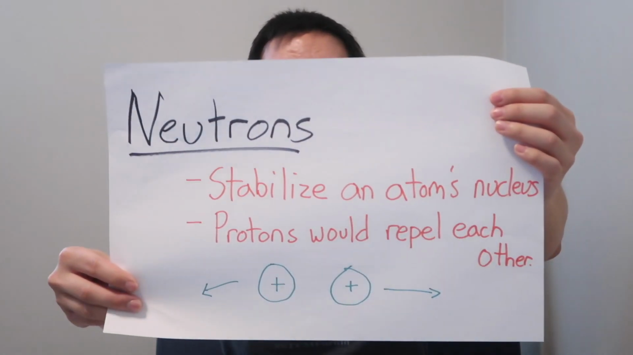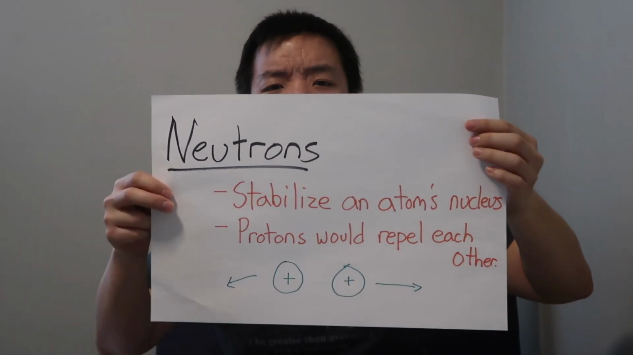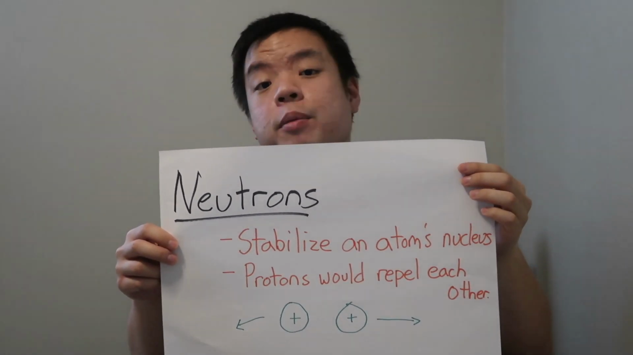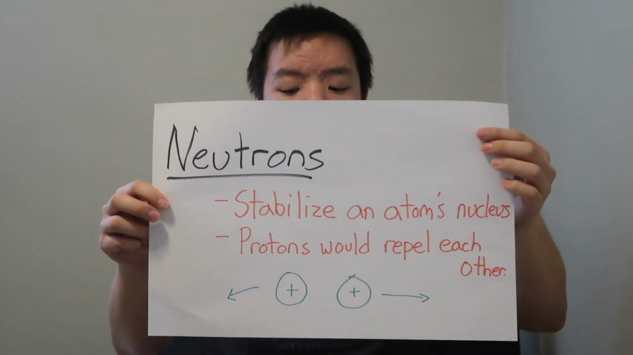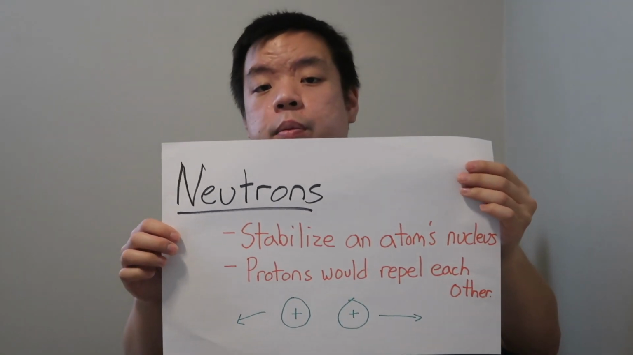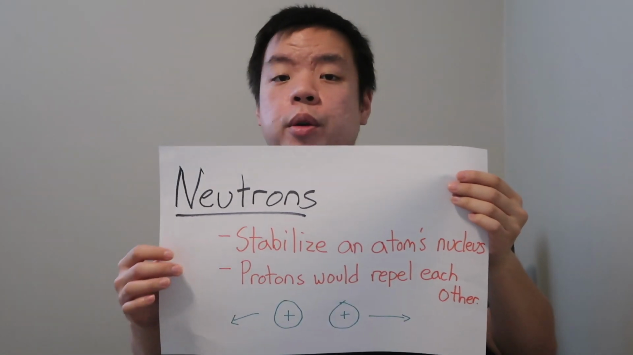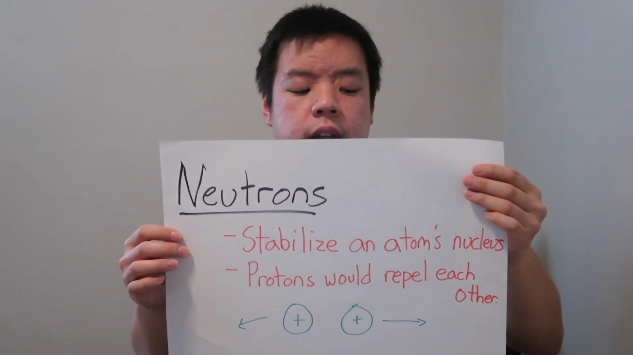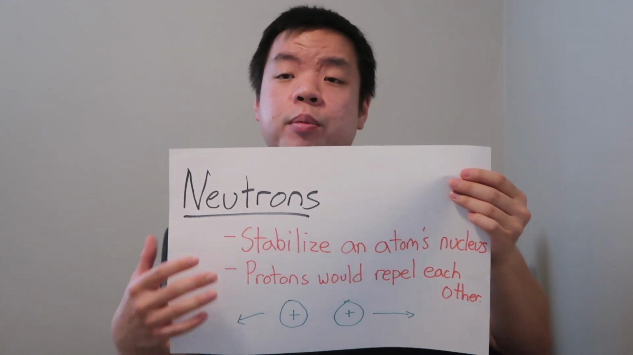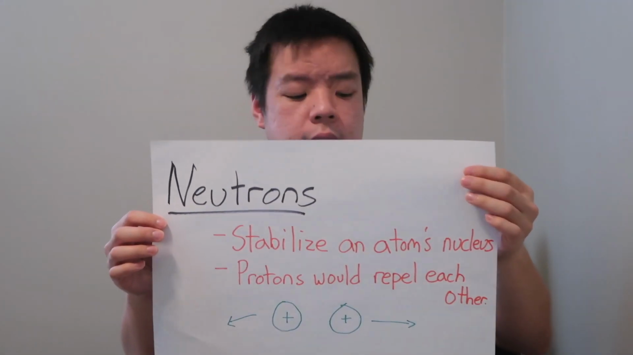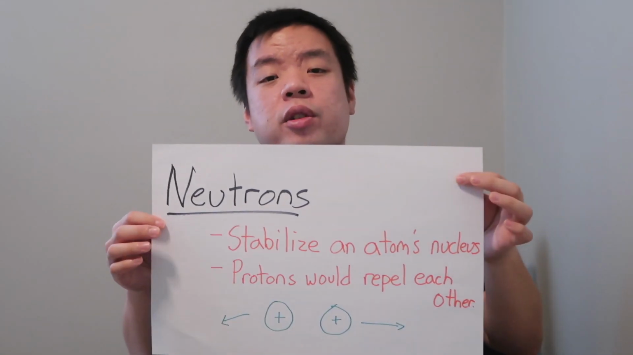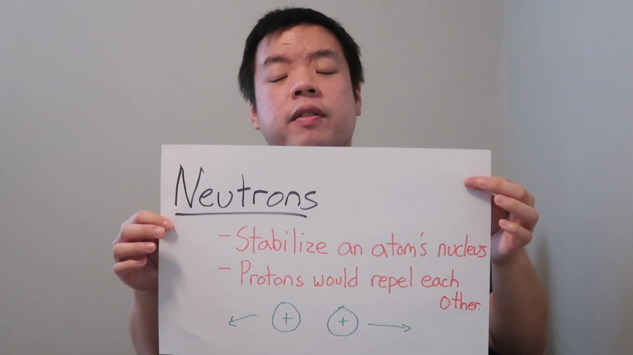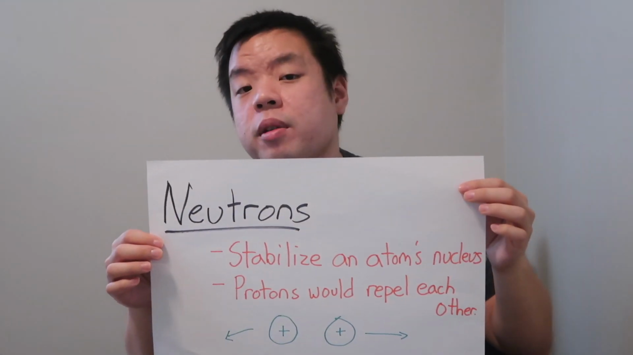Now, the next particle is the neutron. The neutron's an interesting particle. What it does is it provides stability to an atom's structure, especially its nucleus. Because neutrons don't have a charge, they actually stabilize the nucleus, because protons with their positive charges will repel each other. Like charges repel. So having the neutrons in between the positively charged protons helps to stabilize the nucleus and